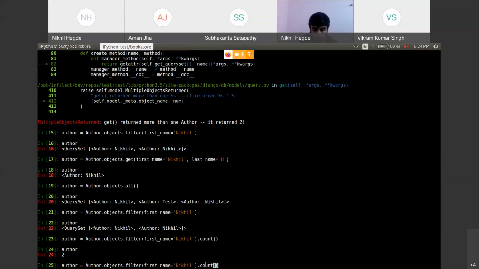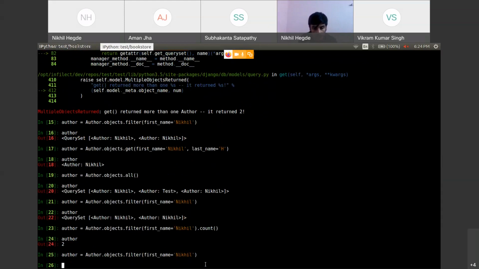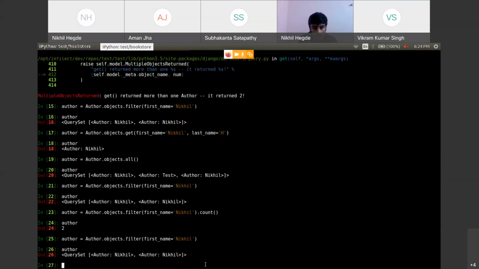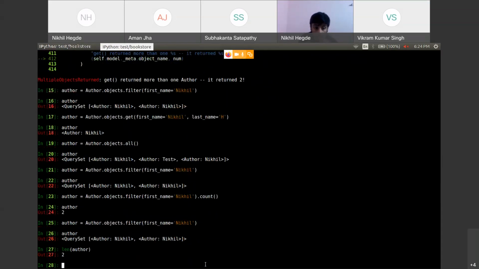Whatever you had told earlier is also correct. I will show you how. I have stored the whole query set, all the objects, in the author variable. Now if I do length of author, this will also return 2. So both the answers are valid, but count is the optimized method.